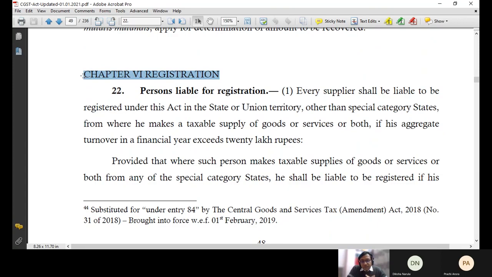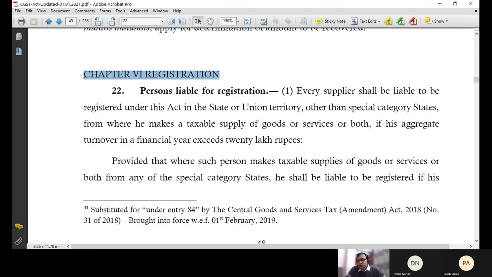Chapter 6 of the CGST Act deals with the topic of registration. Now, it is a lengthy chapter. Composition levy, if you remember, was over in one section only, section 10. Levy and collection was over in one section, section 9 of the CGST Act. Levy and collection in case of interstate supply is over in one section, section 5 of the IGST Act. But registration is in 9 sections of the CGST Act, starting from section 22, 23, 24, 25, 26, 27, 28, 29, 30. So there are 9 sections which deal with the topic of registration. That is why you can imagine the relevance of this topic, registration.